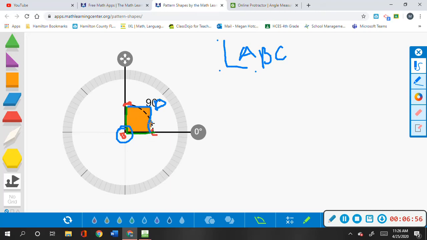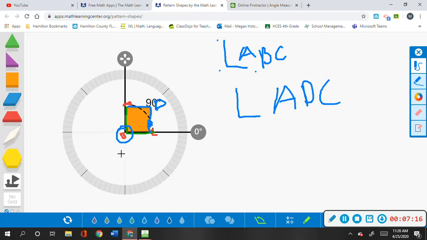Sorry, it's just a little skewy. And I would show it like this, ADC, with my little angle symbol. Okay. Now, because this is a square, I know that no matter how I turn this square, what angle I